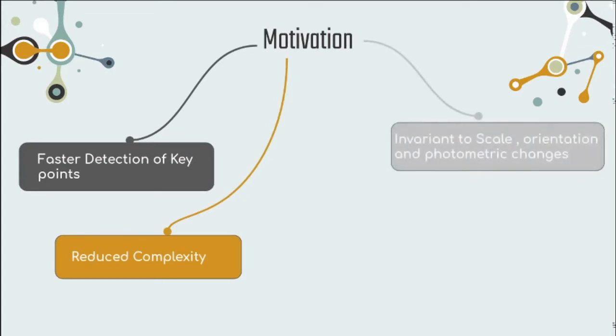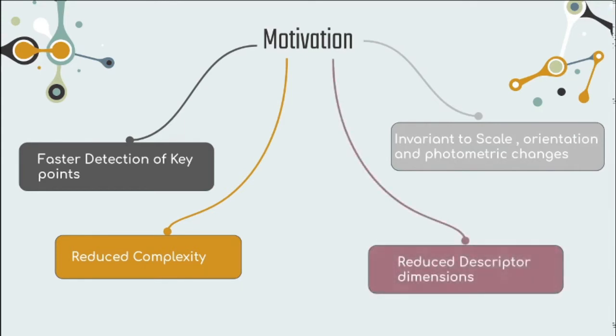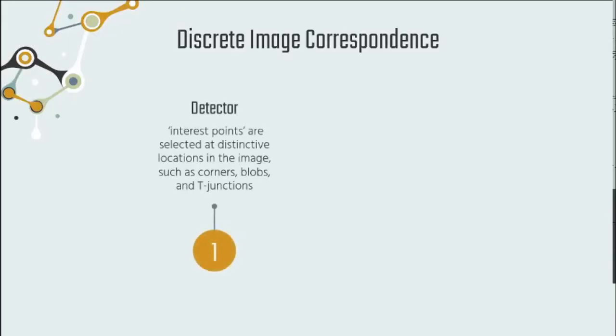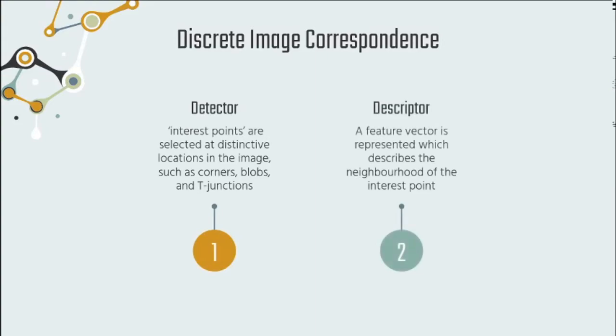At the same time, it should be scale invariant, rotation invariant, and photometric variation should be taken care of. Finally, the size of the descriptor should be small, but it should also have enough information for distinctiveness. As feature size directly affects the cost of computation, we try to keep the descriptor as small as possible. The algorithm is explained in two parts, detector and descriptor. But before that, we'll have a quick review of the previously related works.